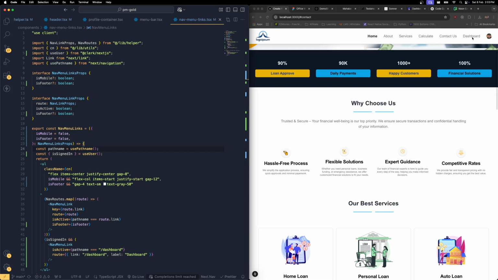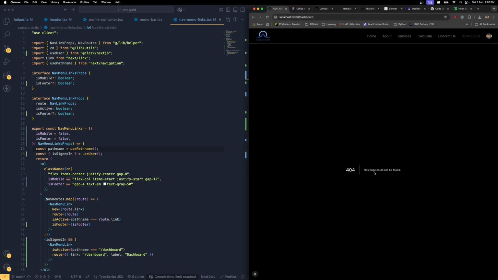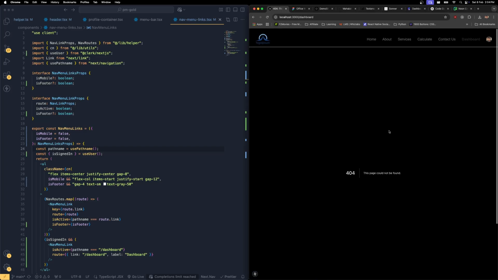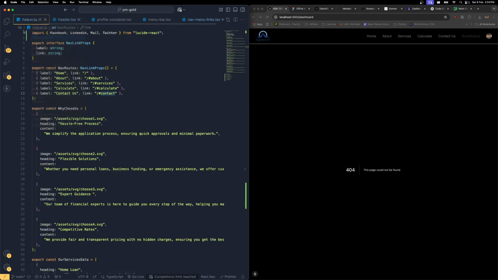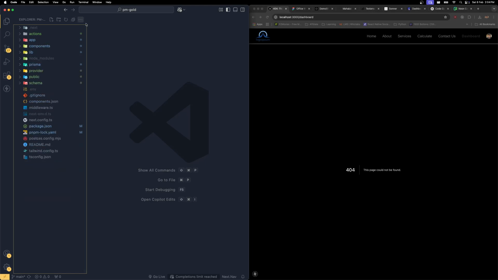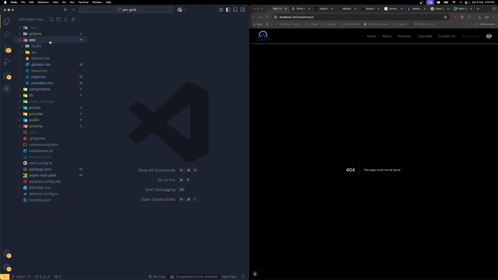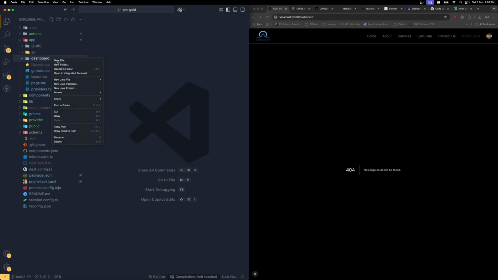Now if I click this dashboard, it's going to throw us an error. Yes, the reason is because we don't have the dashboard page. So of course we don't have it. All we have to do is fix that. I'm going to close all, get into the app, and create a new folder called dashboard. Then inside this, I'm going to create a new